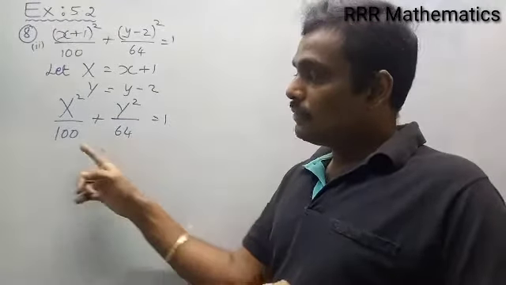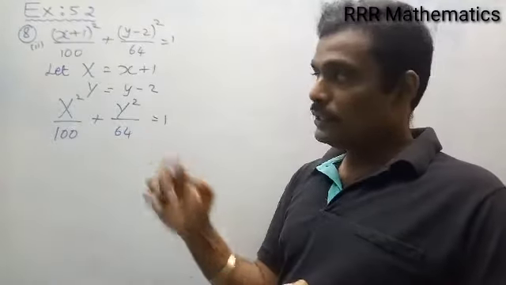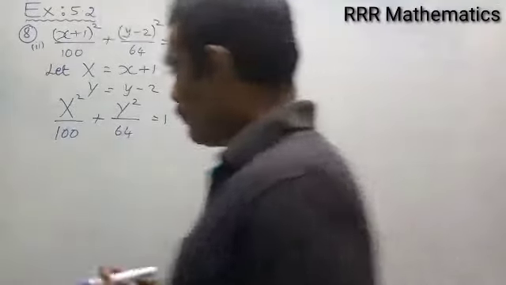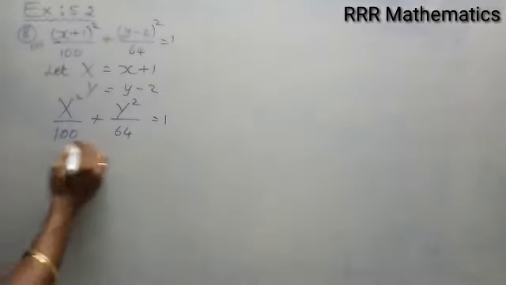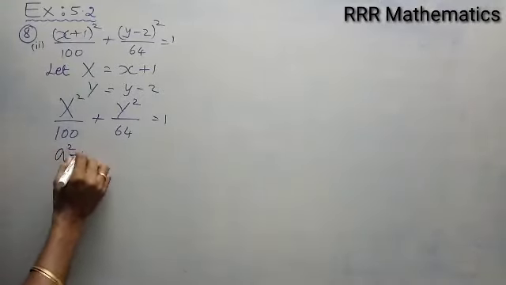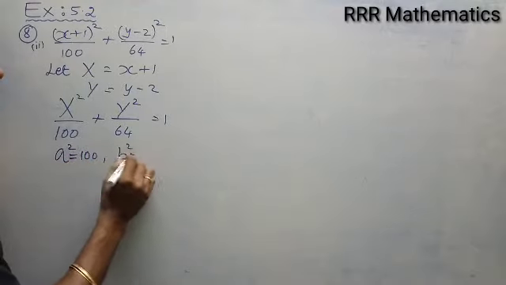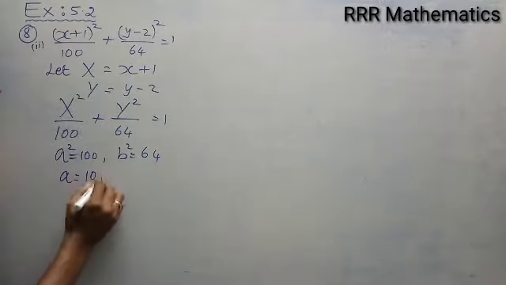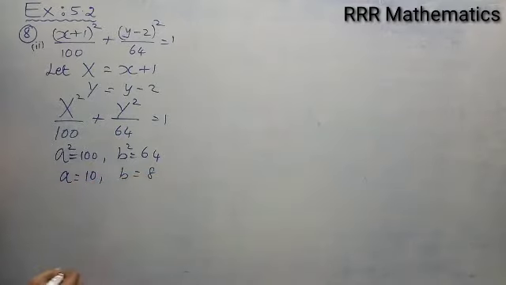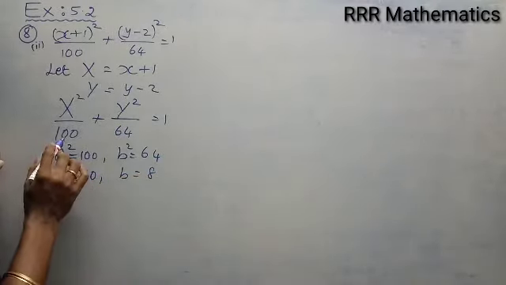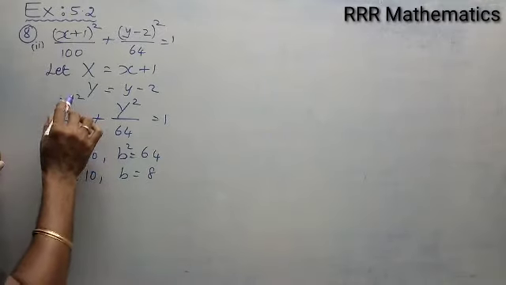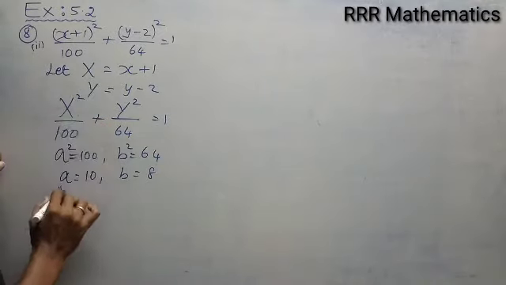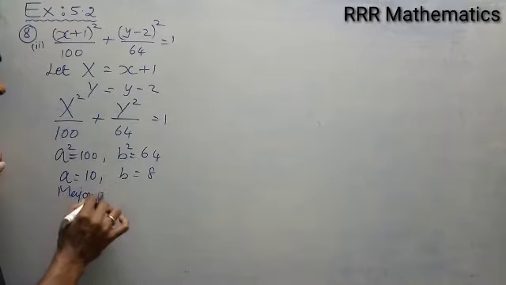Here 100 and 64, 100 is more than 64 and appears in the denominator of capital X square. Therefore, the greater value is considered as a square and the other one is b square, 64. After taking square root, a gives 10 and b gives 8. Here the greater value of 100 appears in the denominator of X square. Therefore, major axis